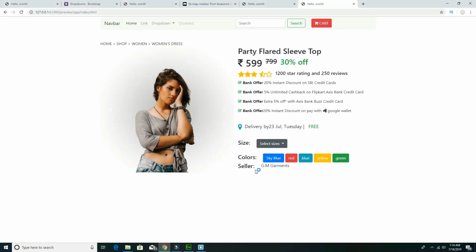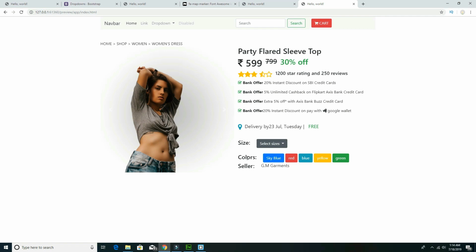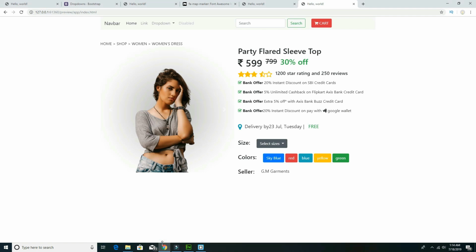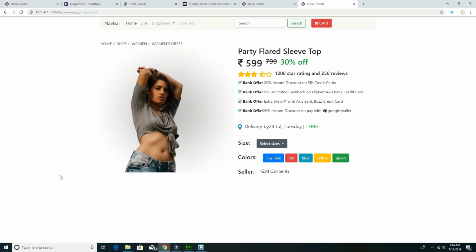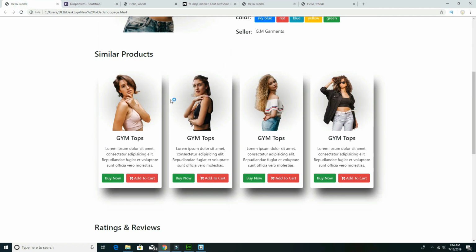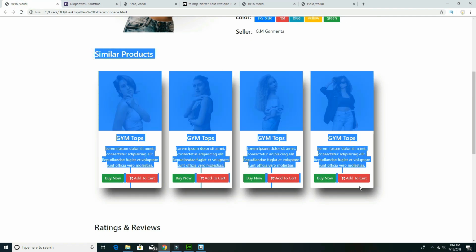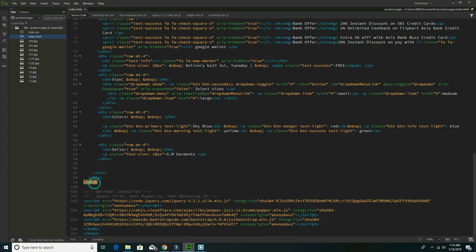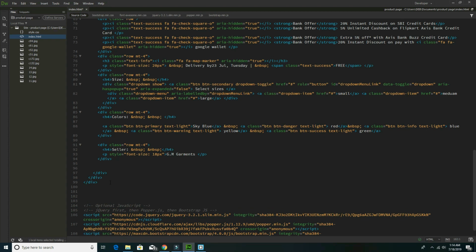Here also I need some top margin actually, so margin top of 4. Now save it. Okay, it's almost perfect. So now I have to design this one. Okay, for that, after that you have to take another container,